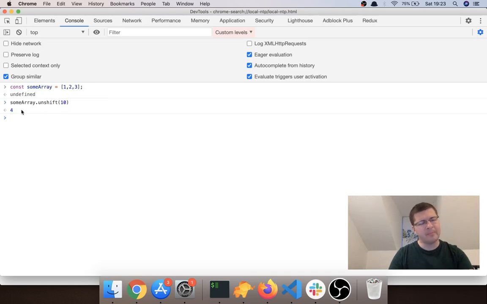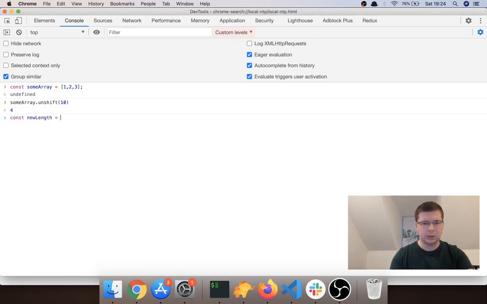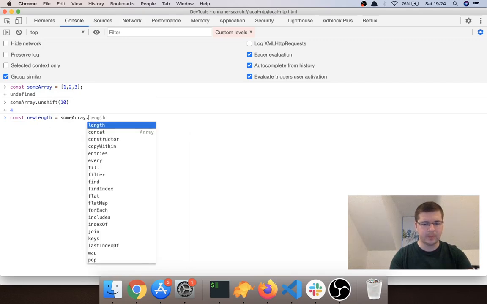Now something weird happens here, and it's important to understand what happens. When you call unshift, it adds that value at the beginning of the array, but it also returns something, and what it returns is the new length of the array. When you add a new element to this array, the length will be 4. So after you add one element or more elements to the array, you need to know the new length of the array. This is returned here. So if I say something like const newLength equals sumArray unshift,